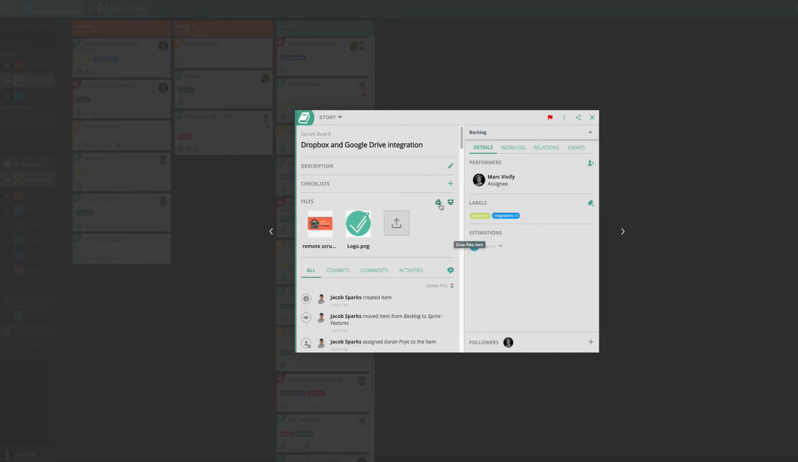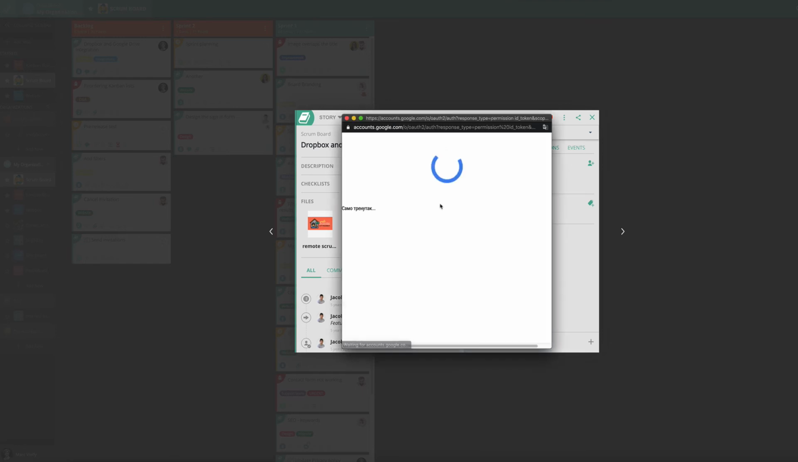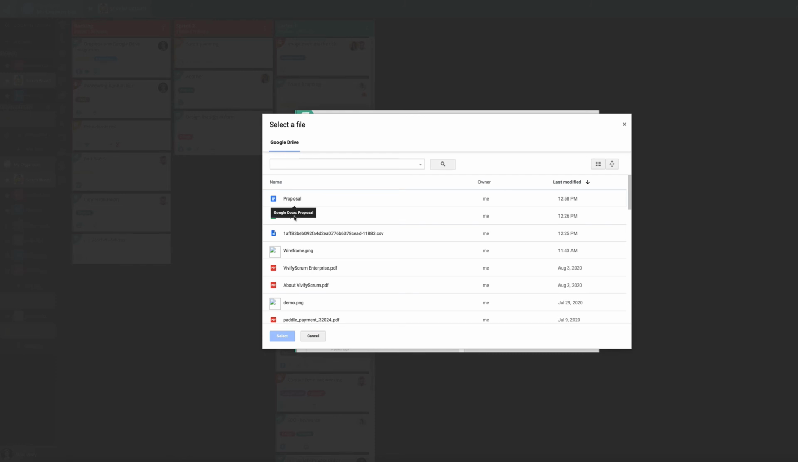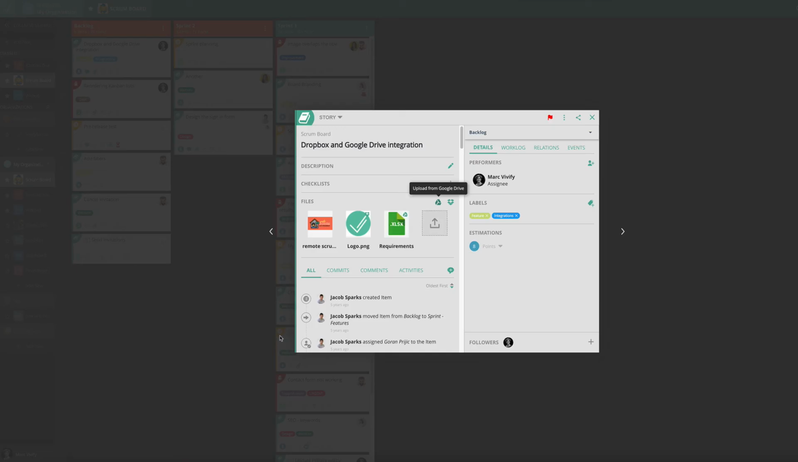And now we can also share a Google Sheet file. The files are now linked to your VivifyScrum task, and removing them